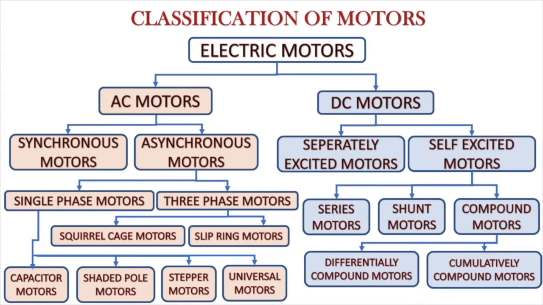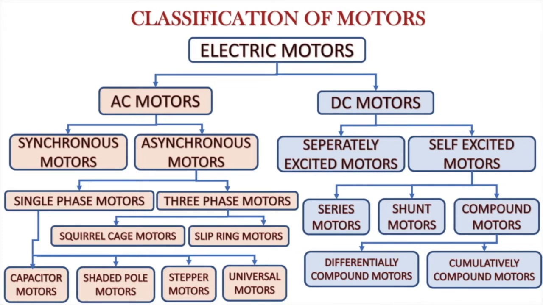The DC motors are basically classified as per its two parts' connection, that is field and the armature, how they are electrically connected. Depending on that, we classify the DC motors. If the field and armature are not electrically connected and given separate DC supplies to each part, then it is known as a separately excited DC motor.